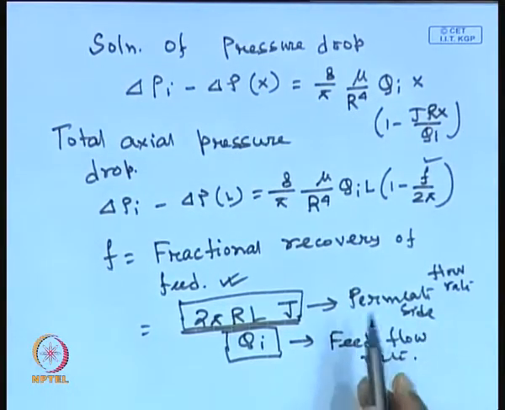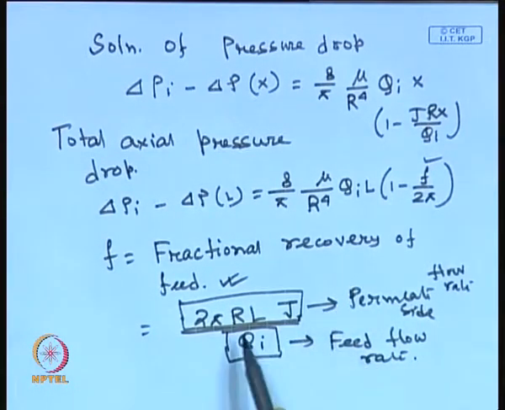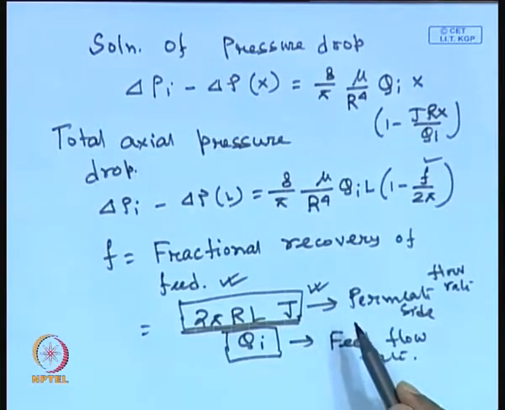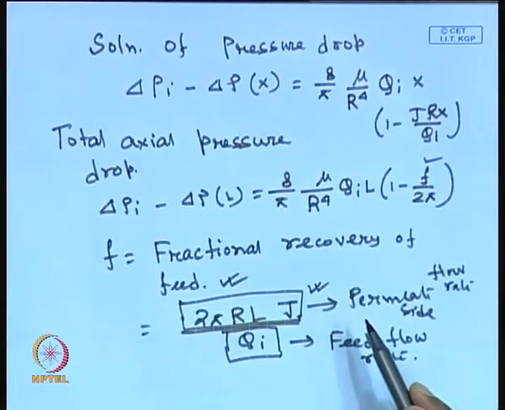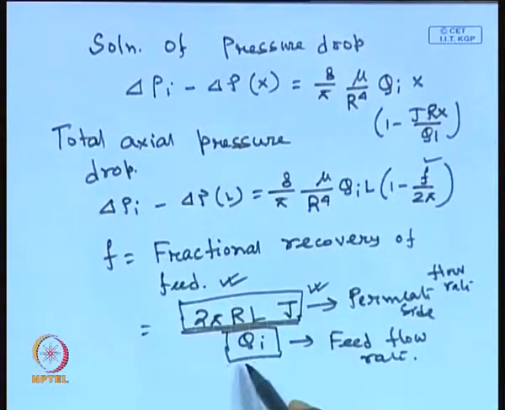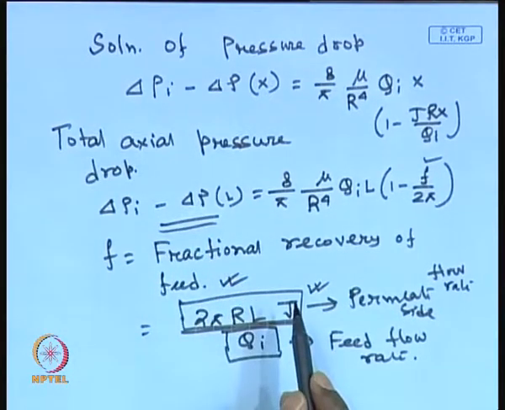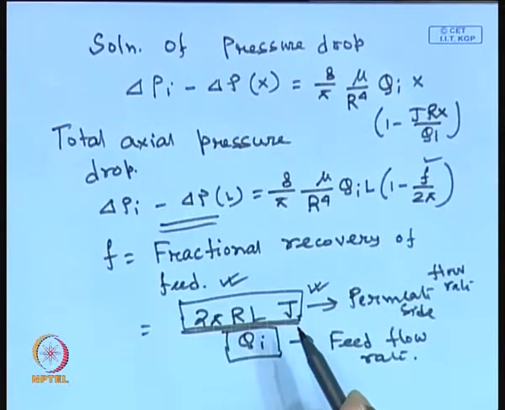So basically, in an actual module or in an actual system, this will be specified to you, that you would like to set up a plant of, let us say, 100 liters per hour or something like that. So this fractional recovery will be more or less specified. In order to achieve that fractional recovery, you can calculate what the pressure drop will be, right? If you can calculate that, then you can design a pump to run the system. Okay, that is the idea.